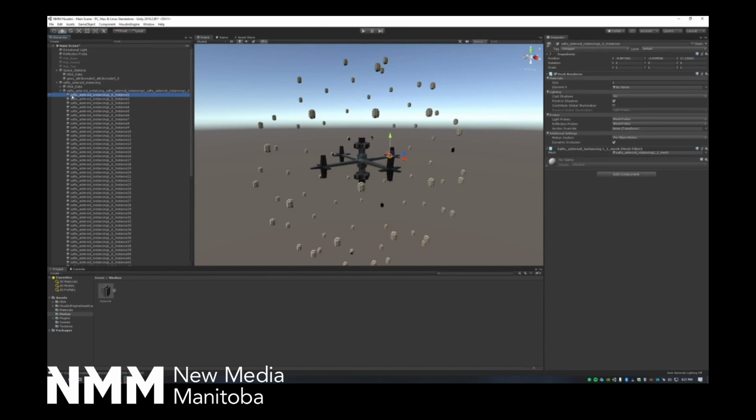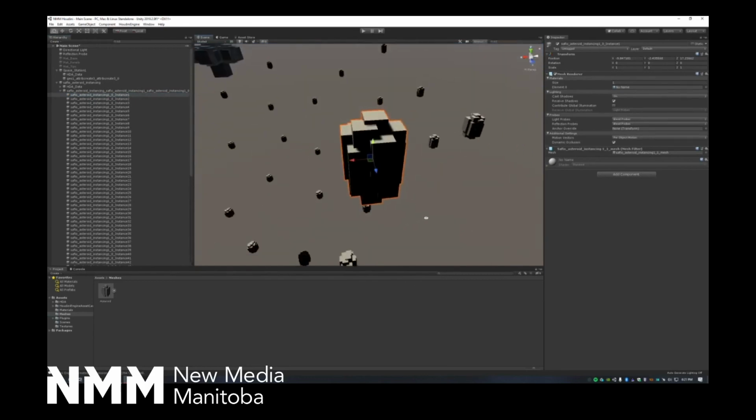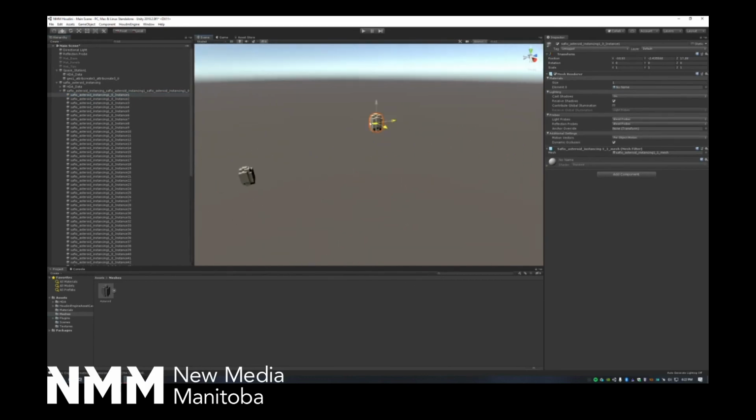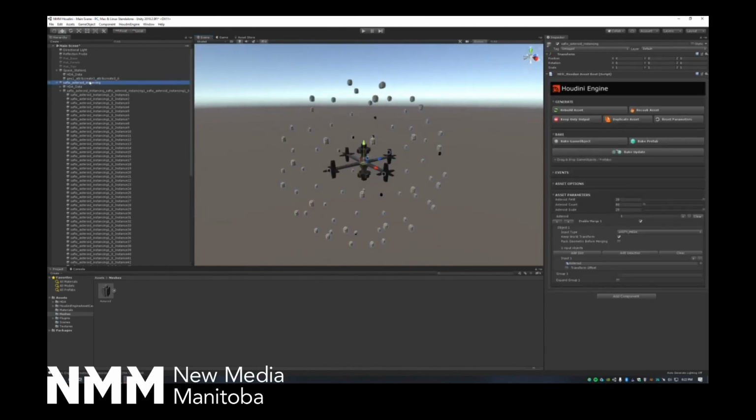They're named a little silly, Savio asteroid instancing, instance 1, instance 2, but you can see these are all now separate objects, so we can mess around with them however we'd like. And if we check out